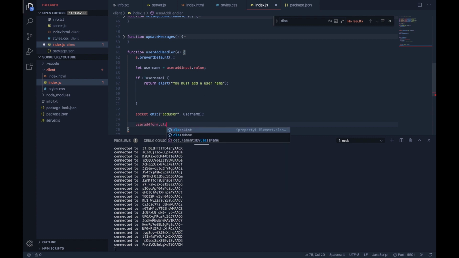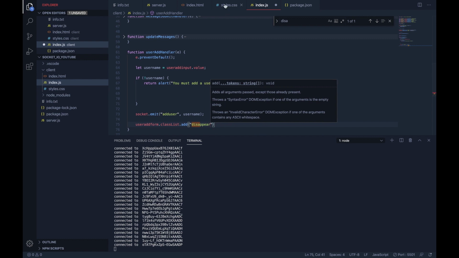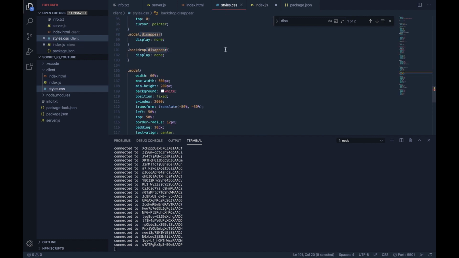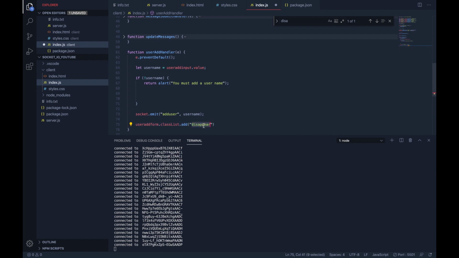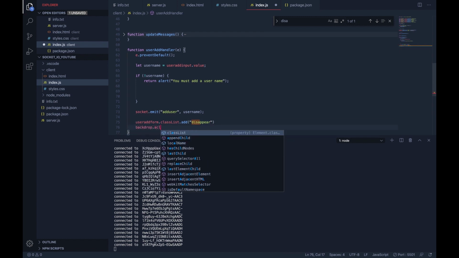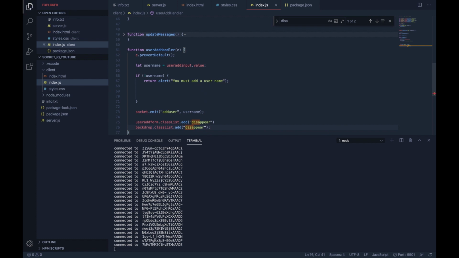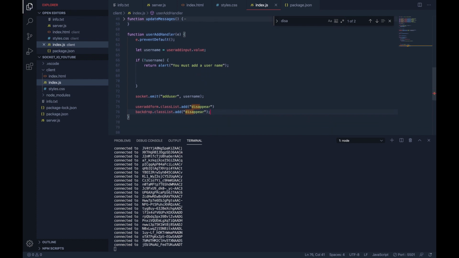So I'm just going to do a classList.add in this instance, and I'm going to add a particular class called disappear. If I can spell, I think I spelled it correctly. Awesome, disappear. I'm also going to make the backdrop disappear as well by adding the same command for the backdrop. Awesome. So now these will disappear once that is done, right? Awesome. So now when the user is added,